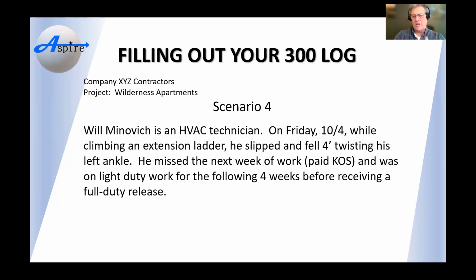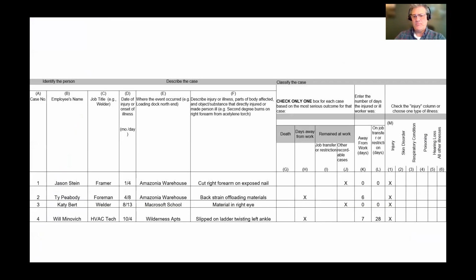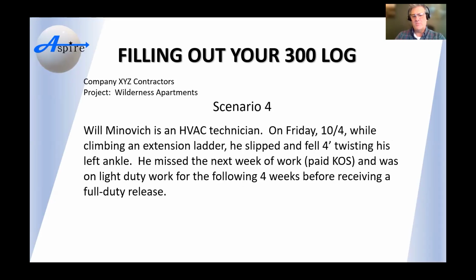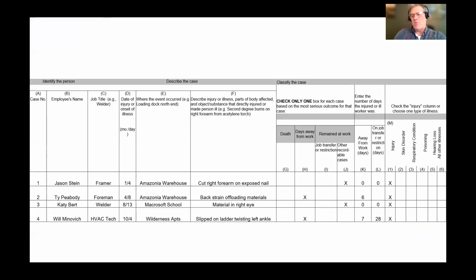Okay. So we're going to classify this in H. We missed 7 days of work, which is Monday through Friday plus the Saturday, Sunday. So that's 7. And then we had 4 weeks of light duty. Okay. 4 weeks before receiving a full duty release. That's why we have 28. Did everybody follow that? Why we filled that out with a 7 and a 28? Cool. And again, we classify that in H, regardless of which number is greater. I just want to hit this home because I see a lot of mistakes on this. If we miss 1 day at work, I'm putting an X in column H.